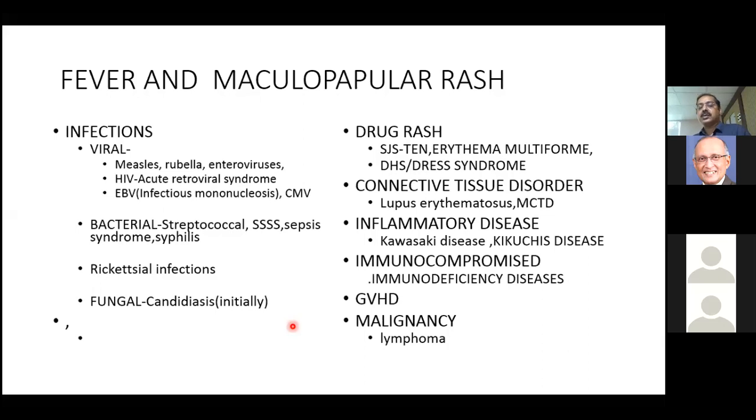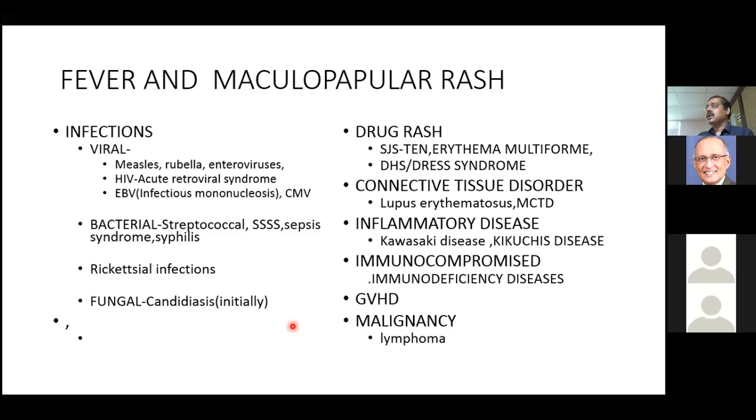Bacterial: you have to think in terms of streptococcal scarlet fever, though we don't make the diagnosis here that often. SSS can initially present as diffuse erythema with a paradoxical cry. That is the presentation: when the mother picks up the child, the child cries, and when the mother keeps it on the cot, he or she is comfortable. So there you will find only erythema. Then you will start seeing small bullous lesions, or once that crusts off, you will find desquamation in the perioral region, the periorbital region, the neck and the flexures of the groin. So with a diffuse erythema or a maculopapular rash, you have to think along these lines also.